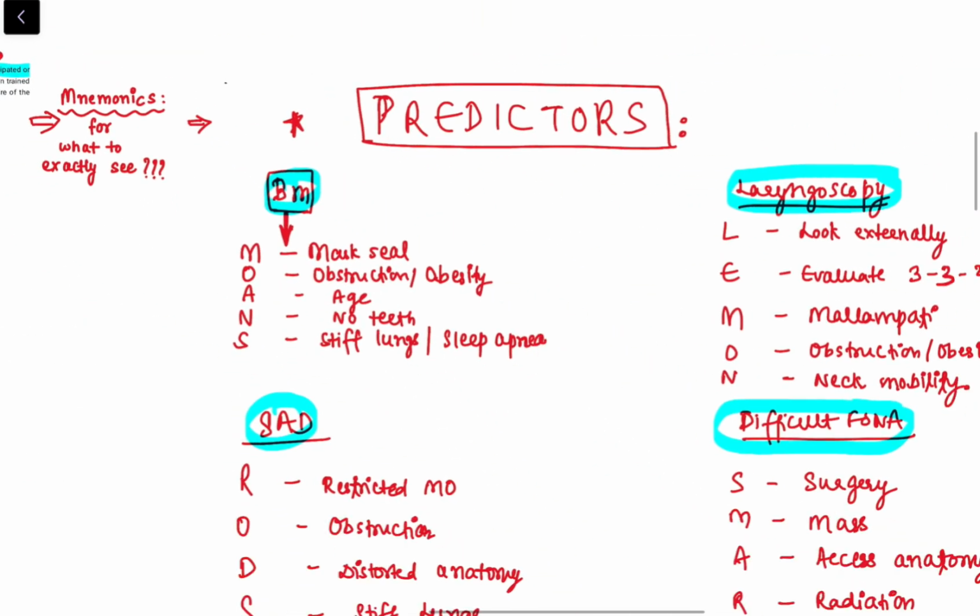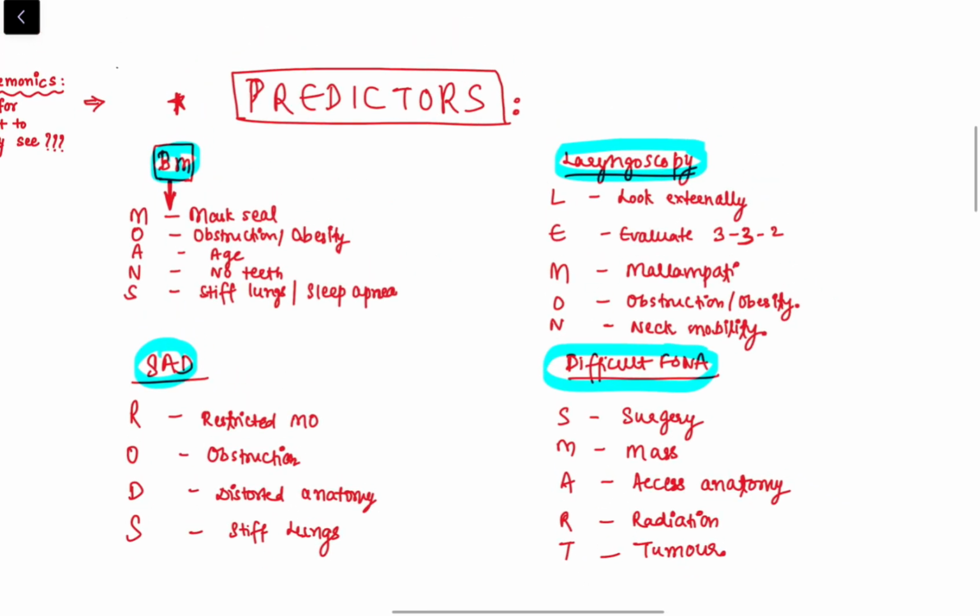Now I have a mnemonic for all of these individual difficulties, and this is something that an anesthesiologist has to remember for a lifetime. For bag mask ventilation, there's a mnemonic called MOANS. There's another mnemonic called BONES, which is very similar to MOANS. What are the components? A difficulty in the mask seal, some obstruction in the airway, the patient being obese, age, if they are elderly, and then an edentulous patient, because